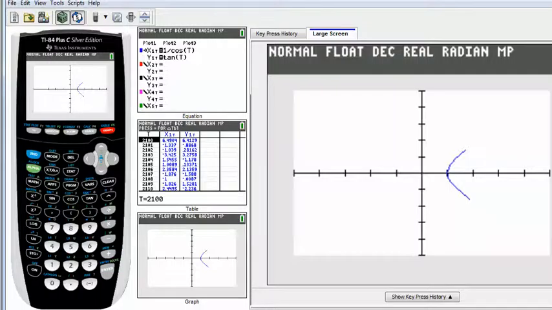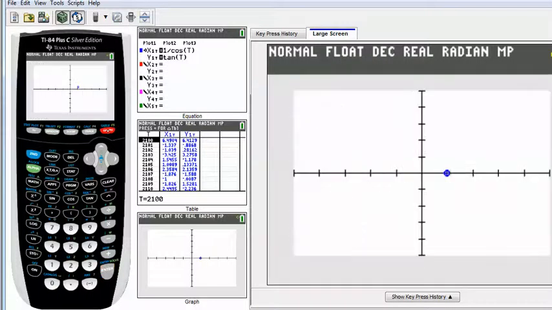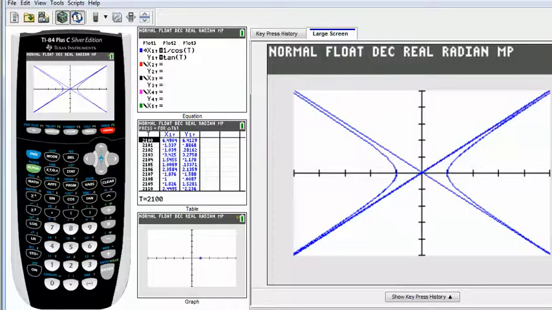Eventually does the other side. Not in this case. Looks like it's done. So let's try one more time and make it go from 0 to 10. Let's see what happens. That basically shows the asymptotes. It does it all twice. That's fine. The equation we just got was